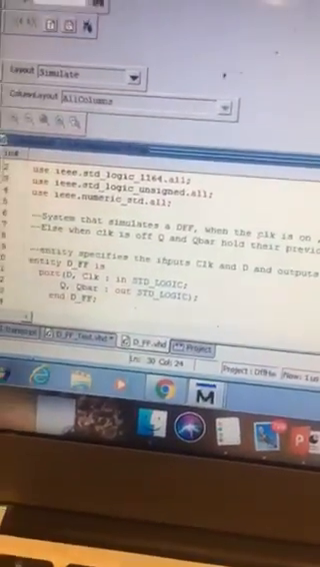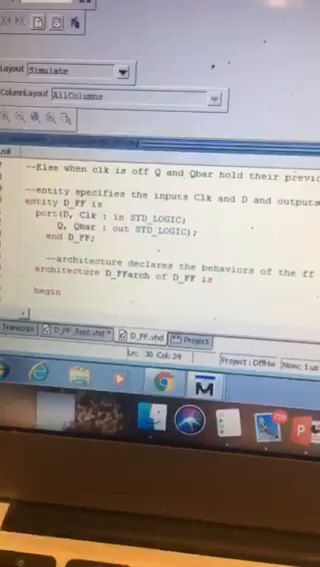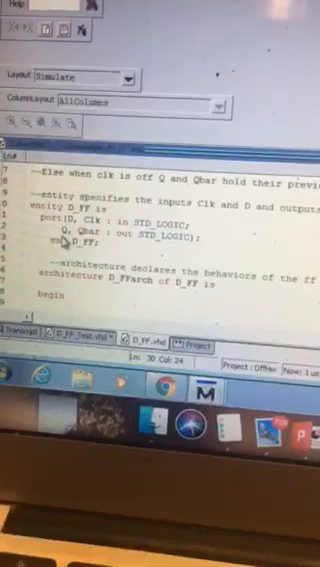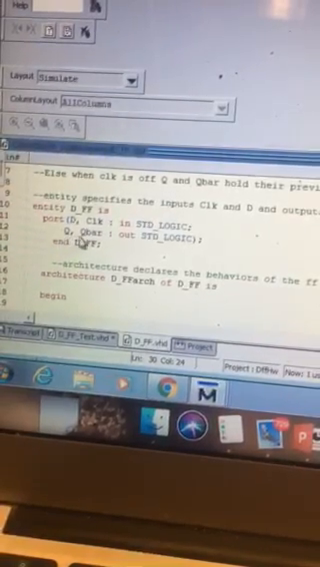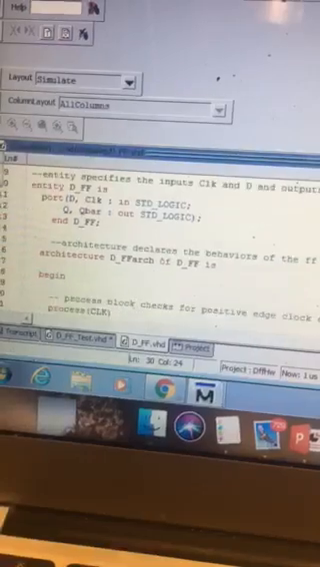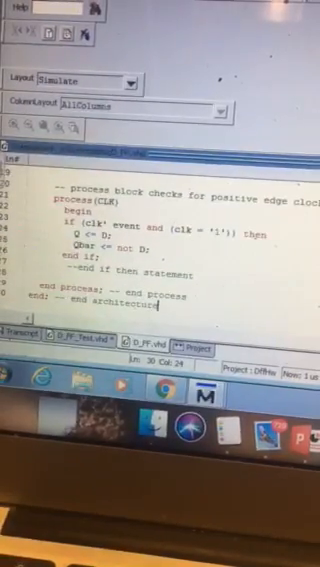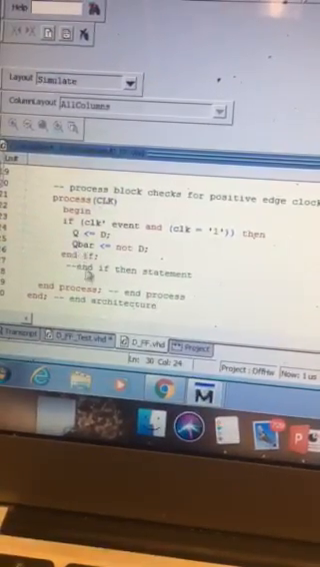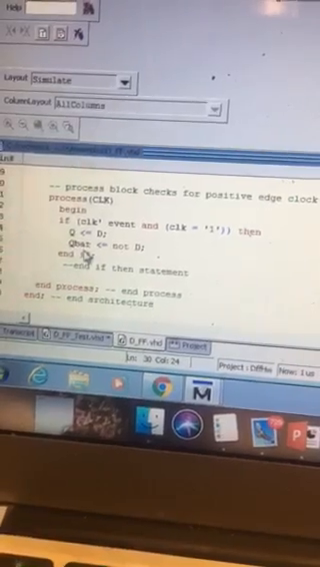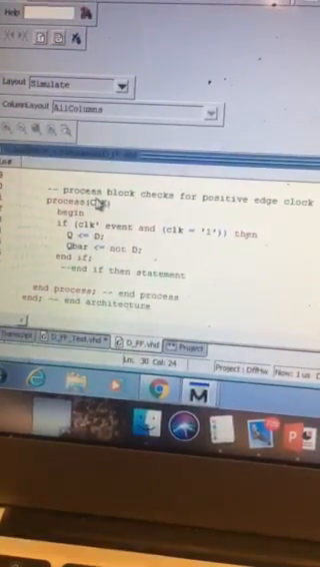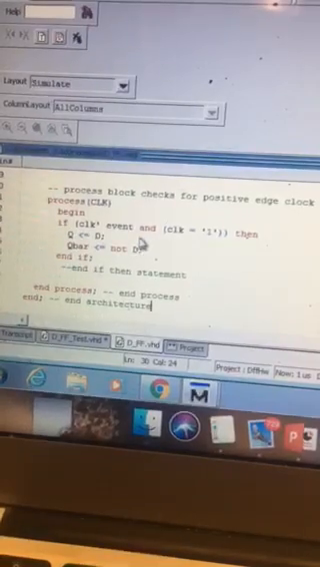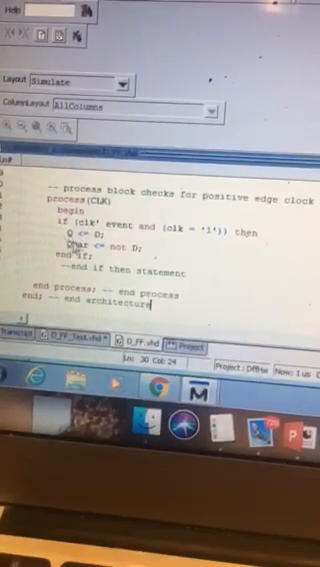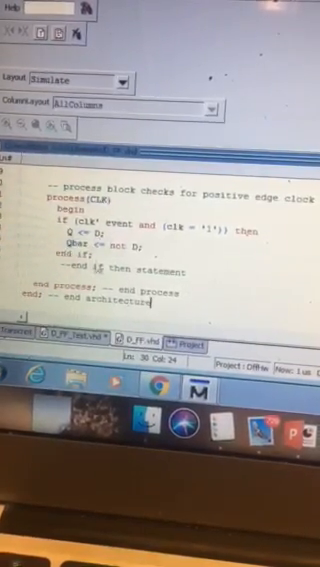So this is my code for my D flip-flop. Here we see that our inputs are going to be D and clock, and our outputs are going to be Q and Qbar, which is the complement of Q. And once we look at our process, we're checking the clock and updating Q and Qbar based on our clock, if our clock experiences a positive edge trigger, and that's shown by here. So when it does experience a positive edge trigger, Q is set to D and Qbar is set to not